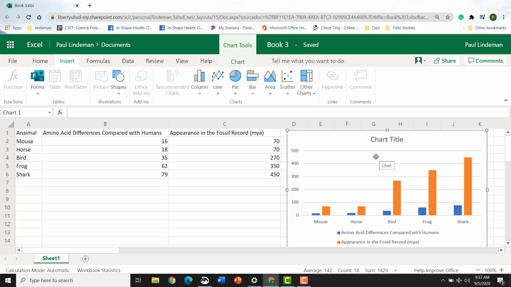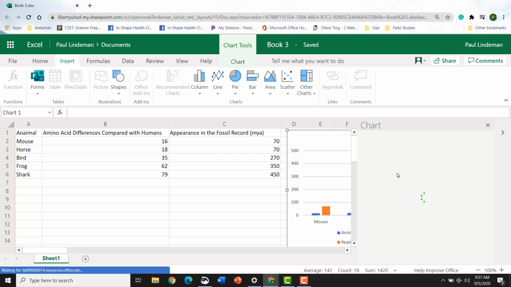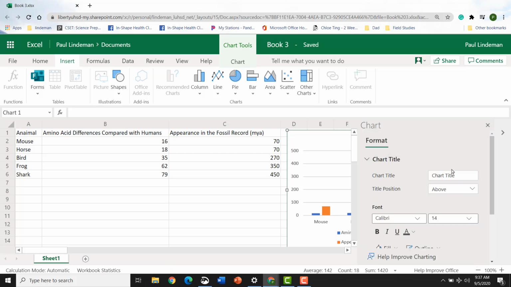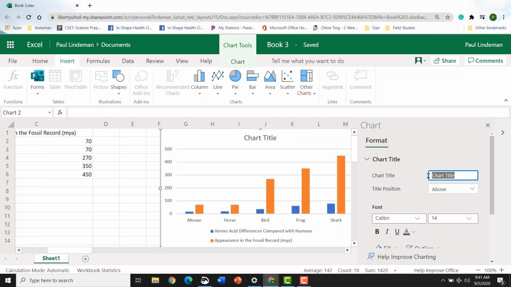So if I right click, it'll bring out alternate text and format. I think it's format that does it. Oh, there it is, chart title. So click on that, and I'm going to click here, and I'm going to get rid of the chart title name, and I'm going to call it chart title to linking